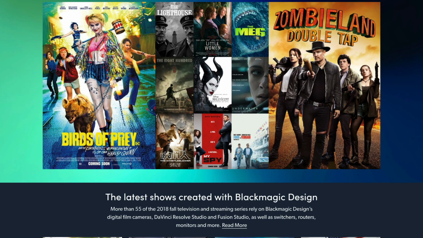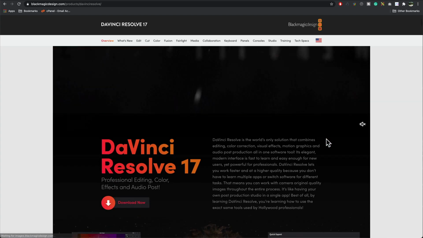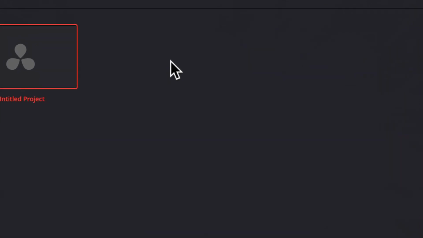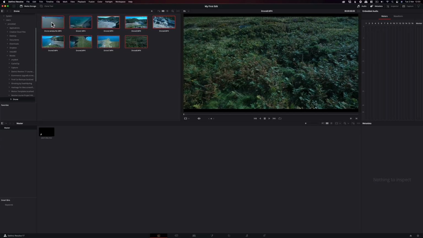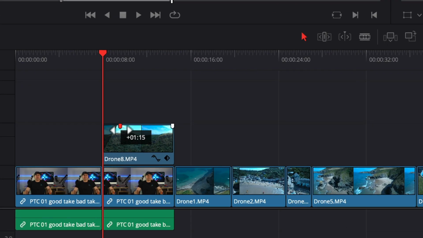It is free software and has been used to edit many Hollywood blockbuster movies. I will show you how to download it and install it. We will create our first project, import media, create proxy files, check out the interface, edit our footage in the